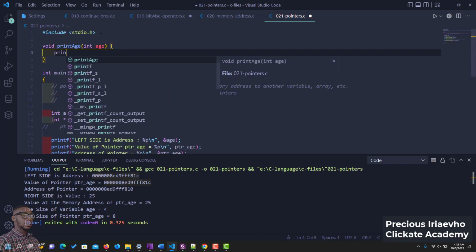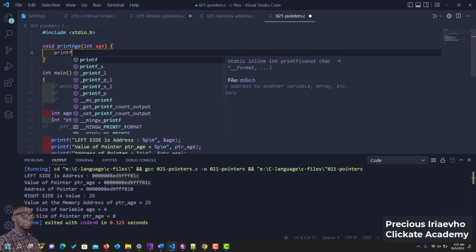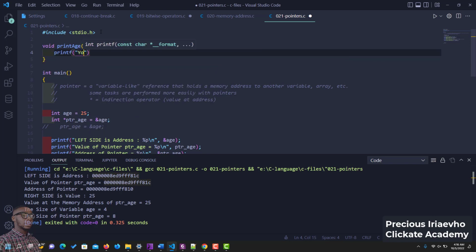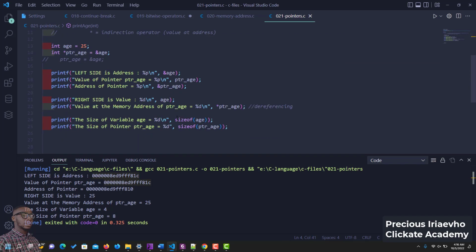Then let's just do something simple, printf, and let's say you are age years old. So let's save that